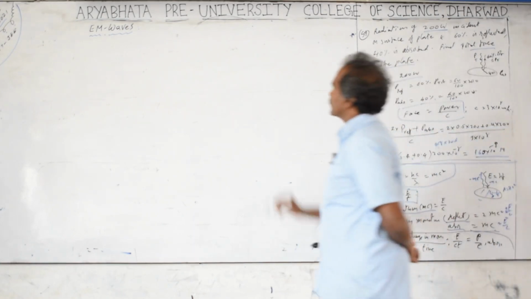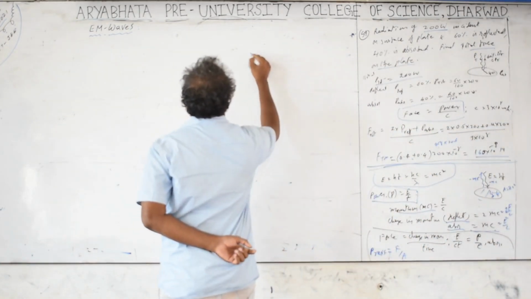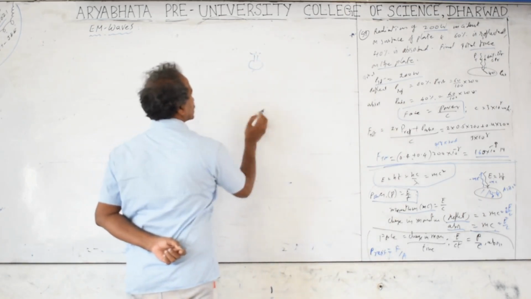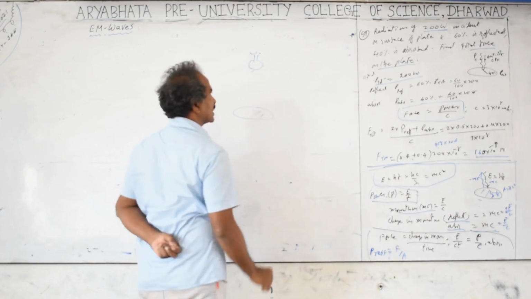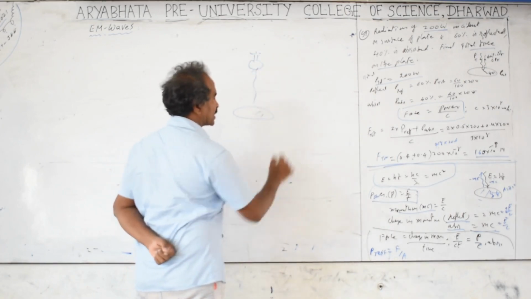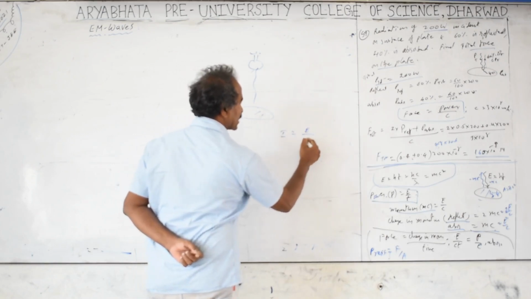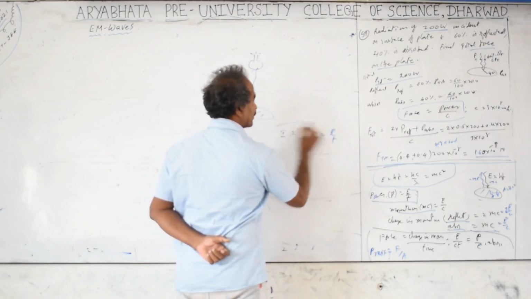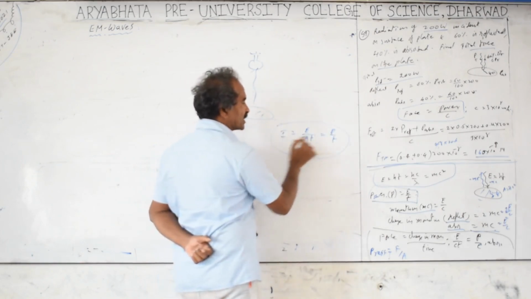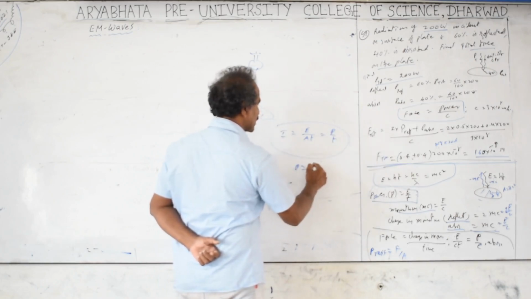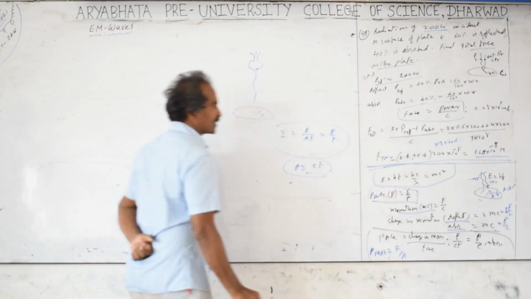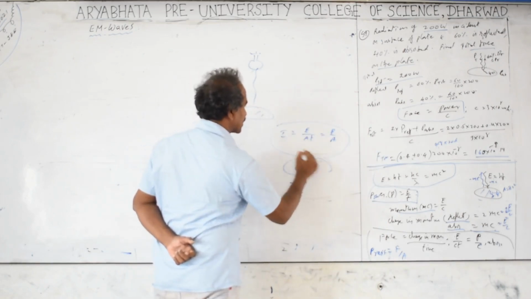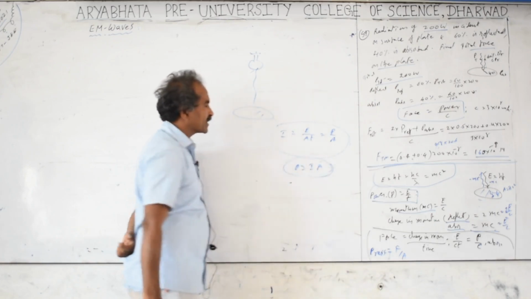In these problems, you will be given some light bulb at some distance, where the plate is kept. Then what is the intensity of the light falling here? Intensity is energy radiated per second per unit area, which is power by area. Sorry, one minute. Energy by time is power, intensity is power by area. So power is nothing but intensity into area.